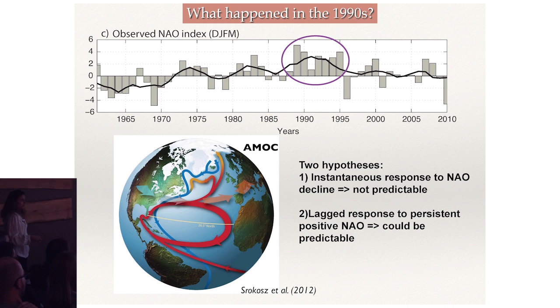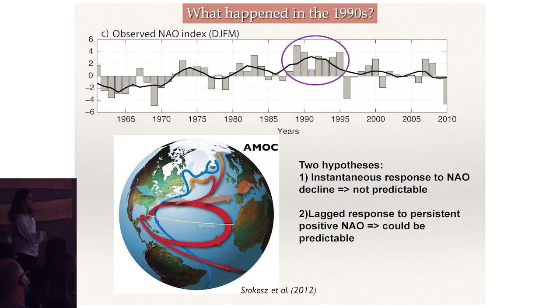What happened during this 95 event is that in the 90s, this is the observed NAO index, we have repeated positive NAO index for several years in a row. When it is positive, the NAO index is associated with fluxes such that it cools the Labrador Sea in the North Atlantic, and it enhances the deep water formation in the North Atlantic, which enhances the ocean circulation associated with this AMOC. And so what happens is that there is this lagged response to a positive NAO,